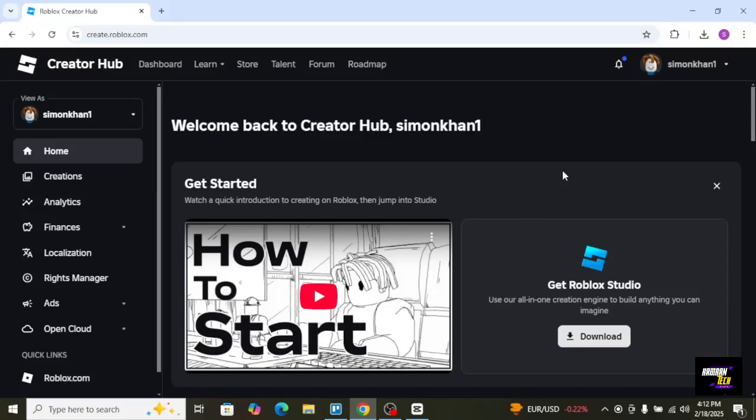Hello everyone, today I'm going to show you how to get Duolingo items on Roblox in 2025. So make sure you open your Roblox account and that you are officially logged in, and you will be in the dashboard in Creator Hub on Roblox, and on the left side you will see